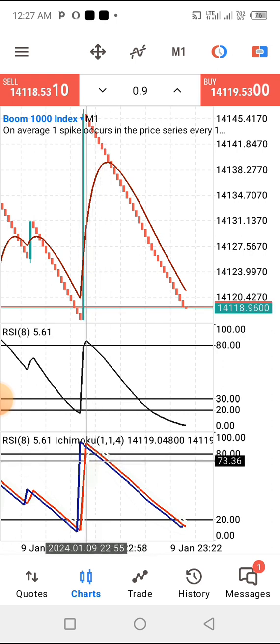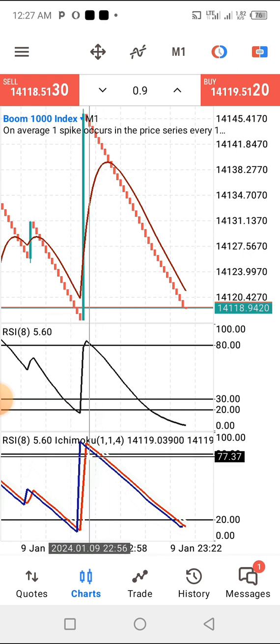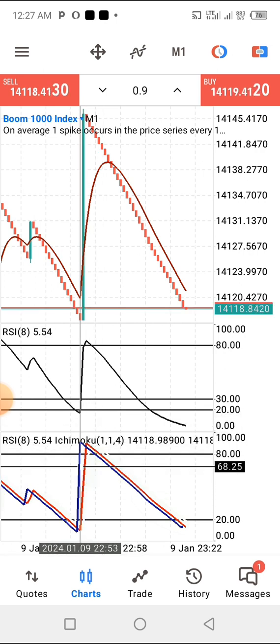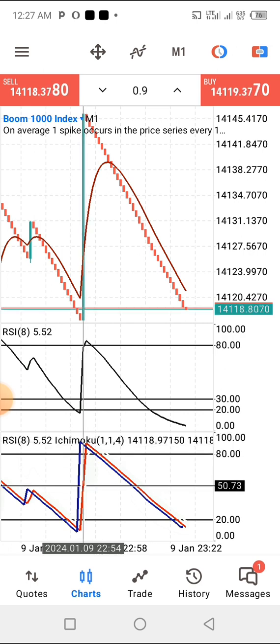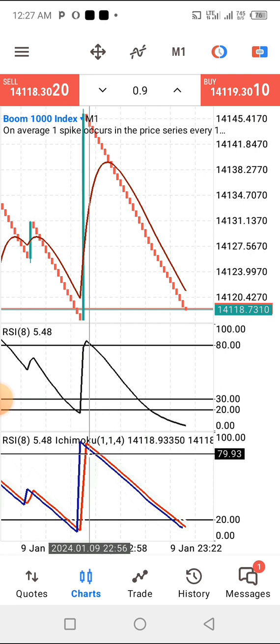You have to see your Ichimoku indicator on your indicator window one. That's the blue and red indicator you're having on your indicator window one. That's the Ichimoku indicator. It has to be on the level 80. Okay, but once you find the Ichimoku indicator on your indicator window one on the level 80, now you now